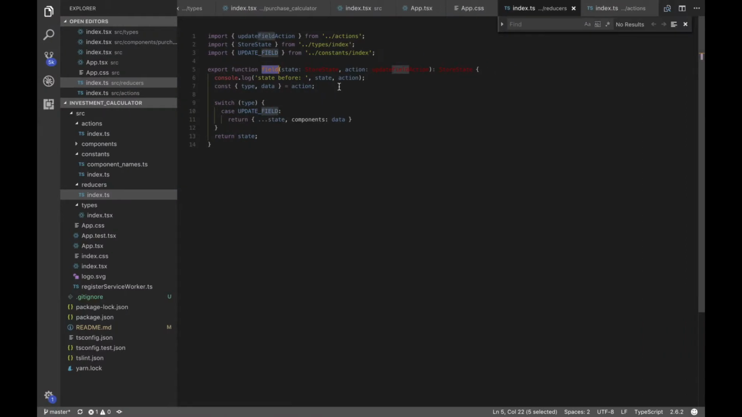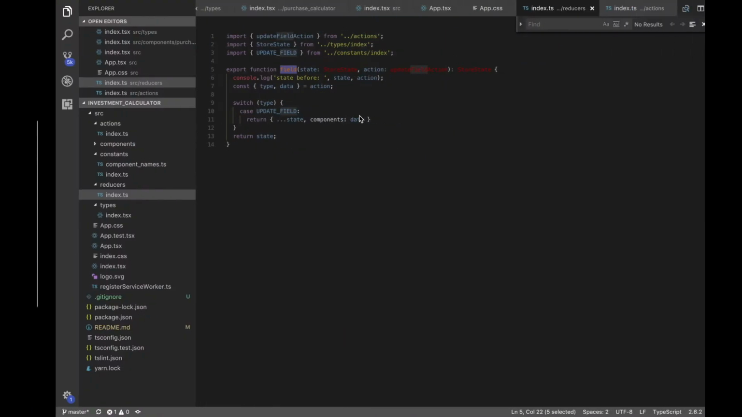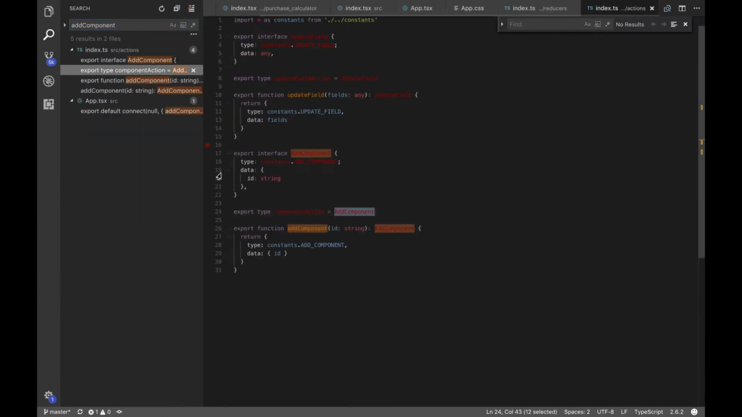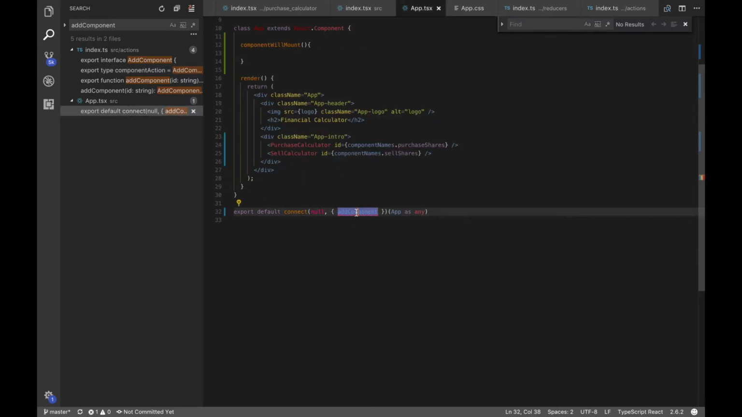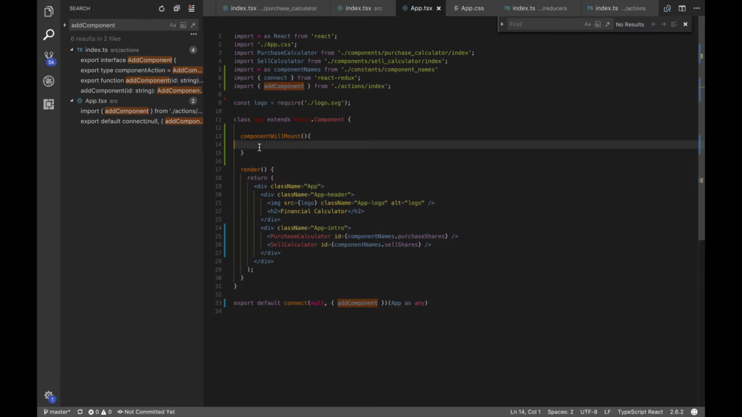Cannot find name add component. Where can you not find this name add component? Where do we use add component? We don't use it that often. And it's lowercase, so it's this one. Yes, when we import it, now we have it as an action. Boom, dispatching it to the props. And now we should be able to do,